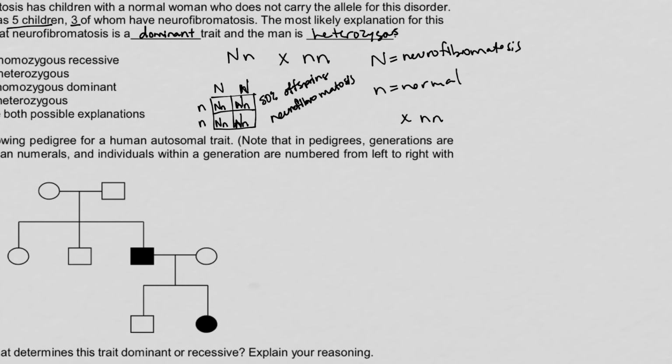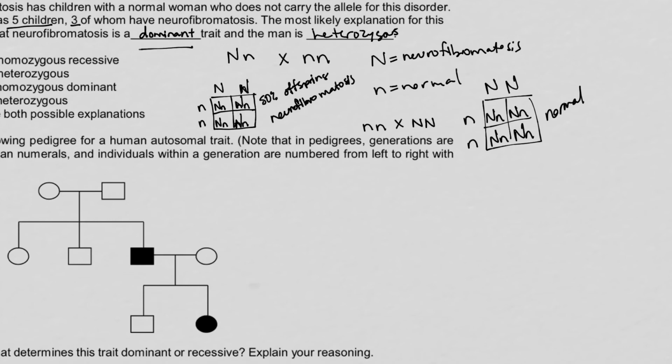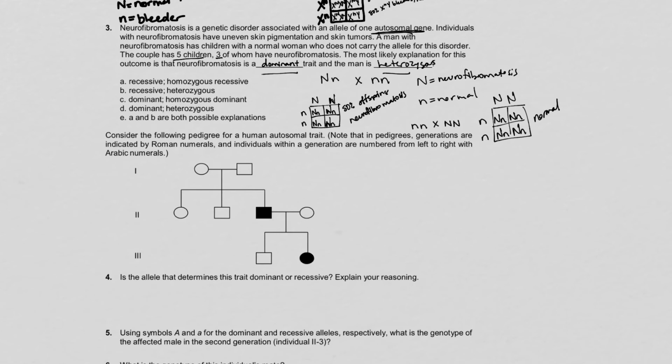So now let's look at the possibility of it being recessive. If it were recessive, then this would be his genotype, and hers, if she's not even a carrier, would have to be this, and you would end up in the same situation as the example I just did. If either parent is homozygous dominant and the other is homozygous recessive, all of them are going to end up heterozygous normal. So the best answer here is the first one that we tried, dominant, heterozygous, and so the answer here would be